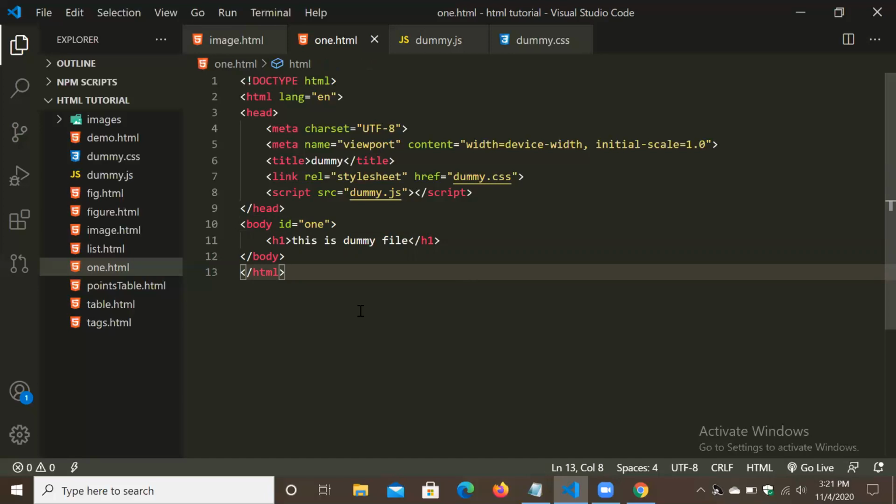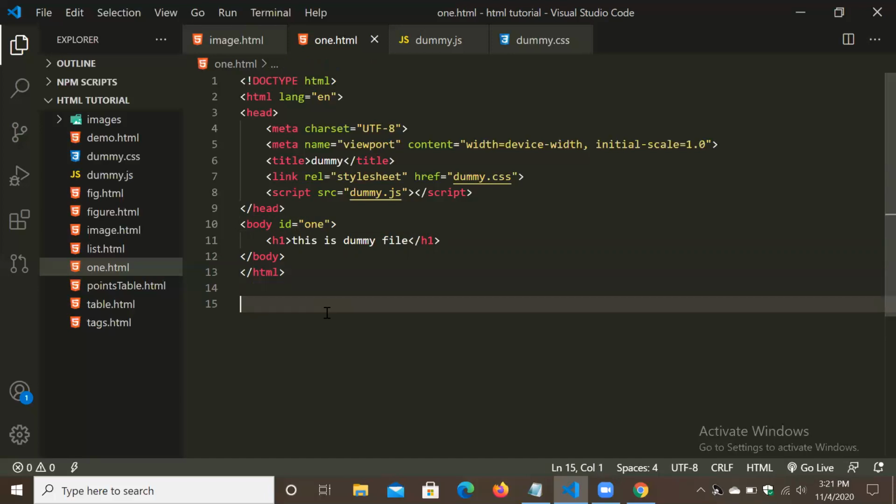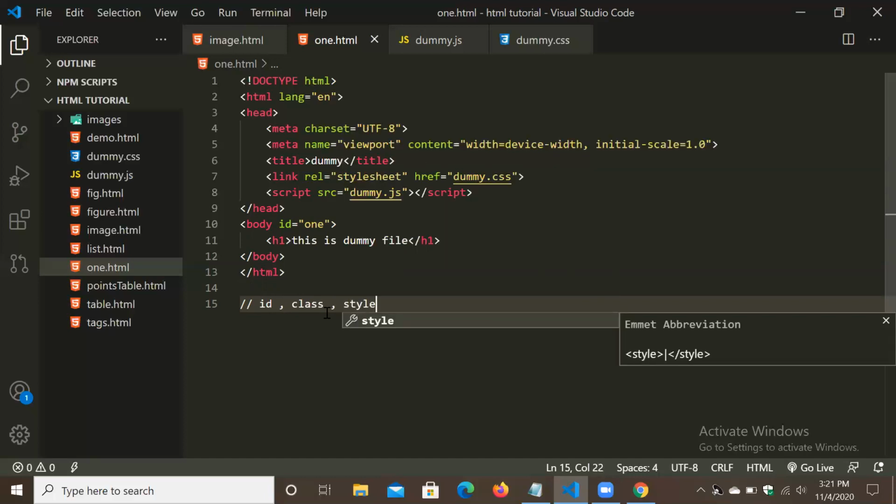It is known as an attribute. Common attributes are id, class and style. Those are the common attributes we can use.